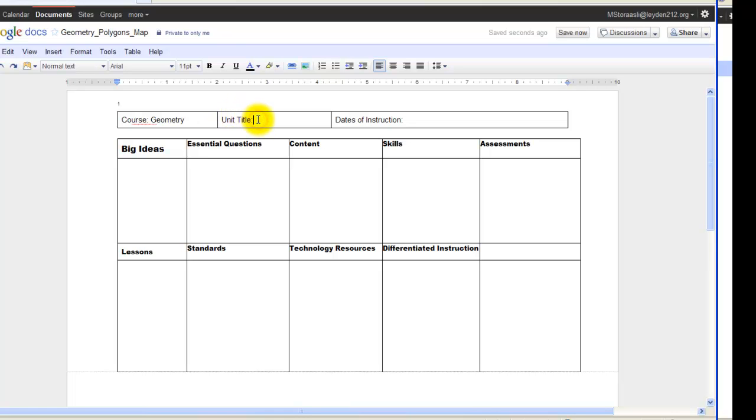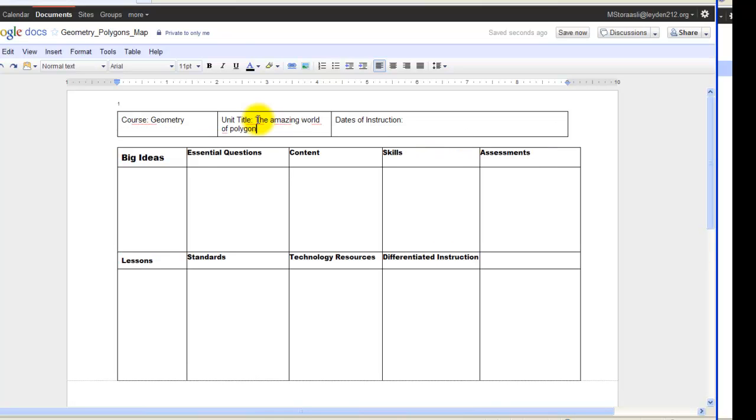Geometry, title, The Amazing World of Polygons, dates of instruction. I can put 8/17 through 8/30. So again, this is going to be very different once we have the actual tool, but this will get